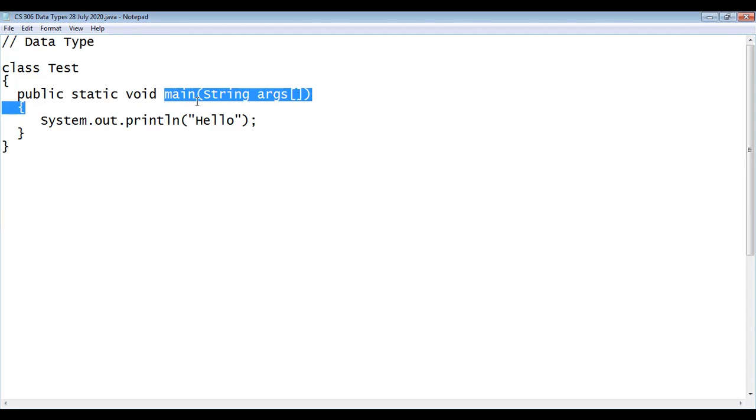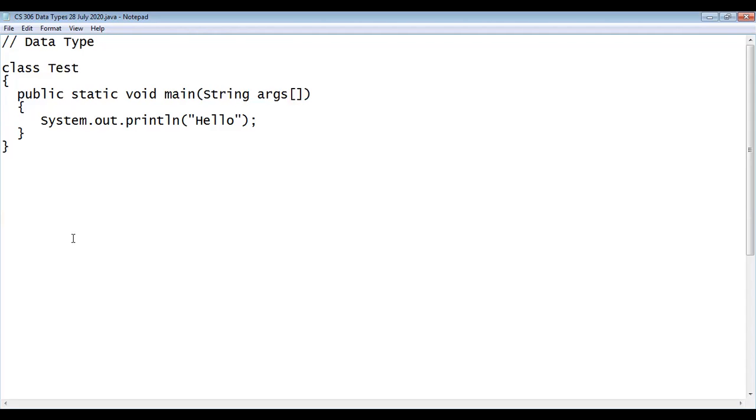Why do some people suggest saving the file with the class name? Because they can remember it with the help of that particular file name. Anyhow, you should remember the file name with which you need to execute your code or your respective program. And here is one point I just want to mention.